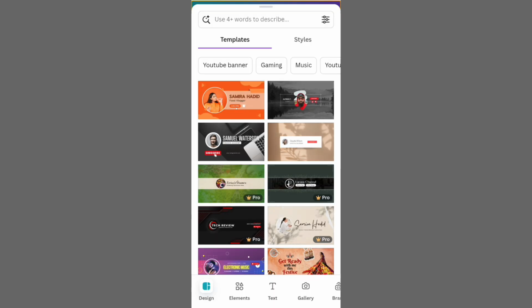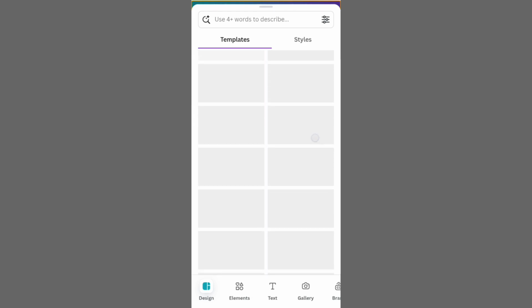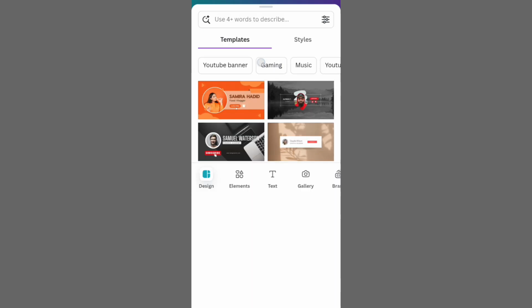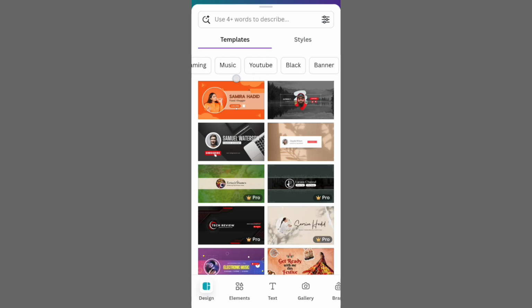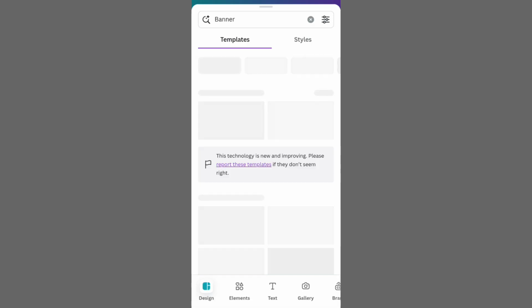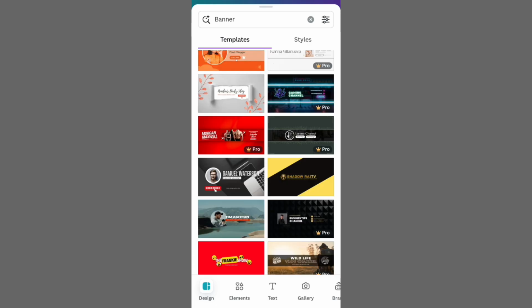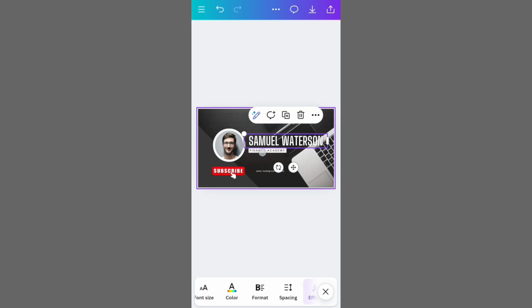Now here you can see already preloaded templates are available. So simply click on any of them. There are a lot of options available on different niches like gaming. You can also search for music channel or banner. Here you can see there are a lot of options available. I will choose this one. Now you can also modify it by clicking on each and every element of this